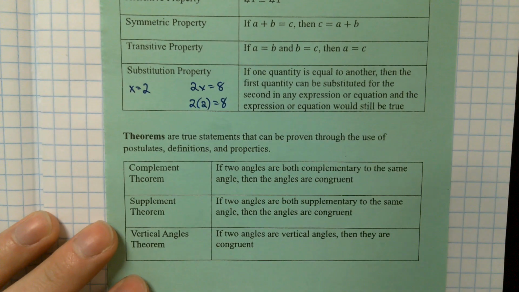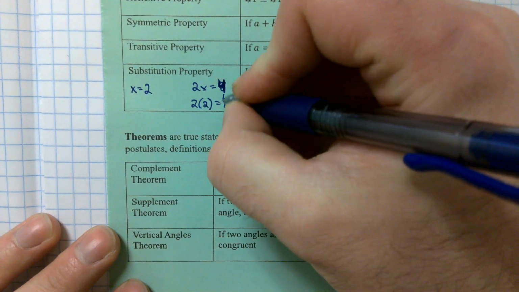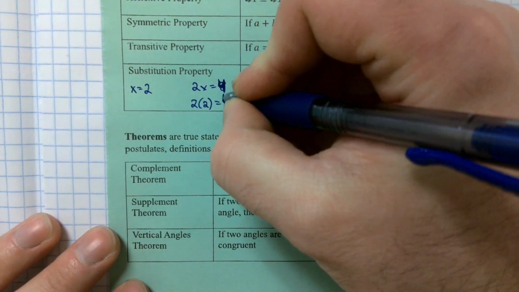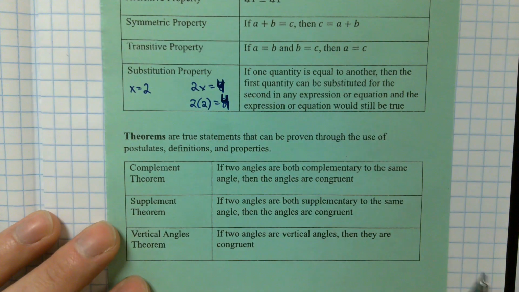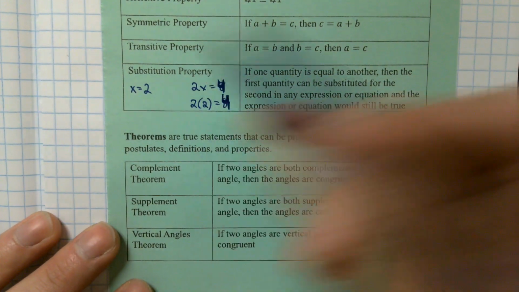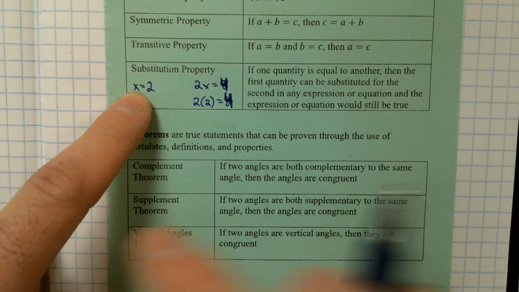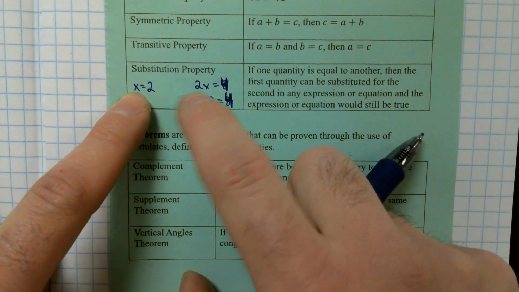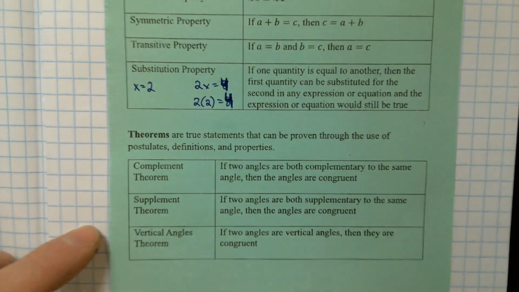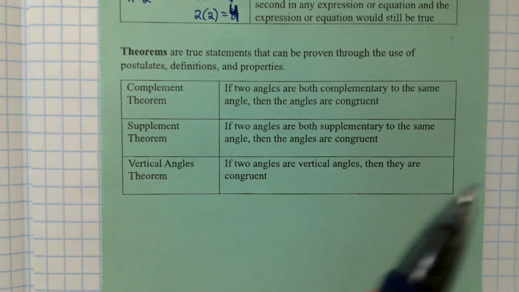Oh, well, okay. Well, the problem was... Turn it into 4. I didn't think about it like that. You're right. We could say that x is not a solution to 2x equals 8, but sure, change it to 4. That makes more sense. Good catch. But that's what the substitution property says: if x equals 2, and then I have this expression, I can plug 2 in for x. That's all it means, and we know how to do that already. Okay? Last but not least, that was our properties. Theorems.